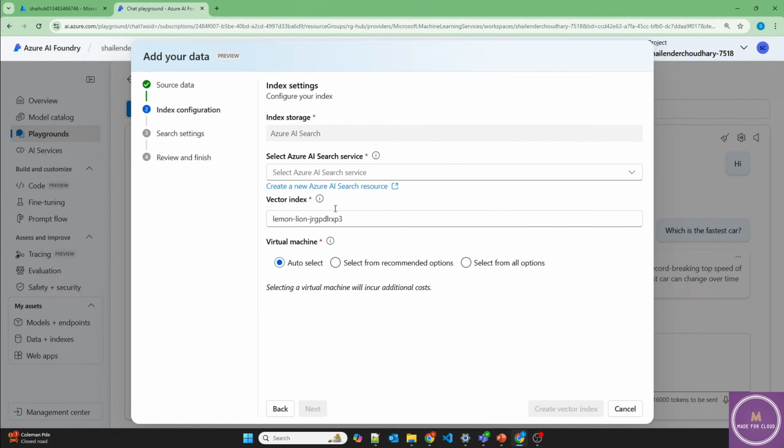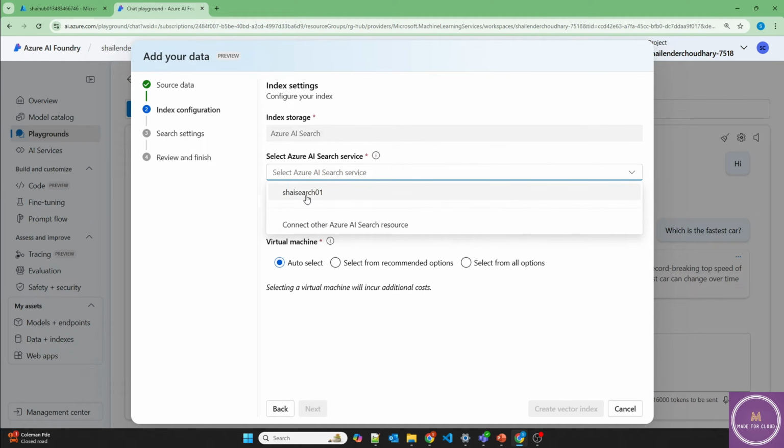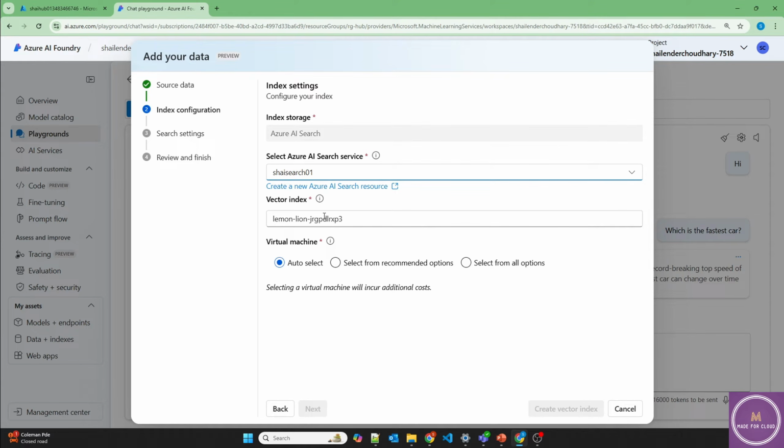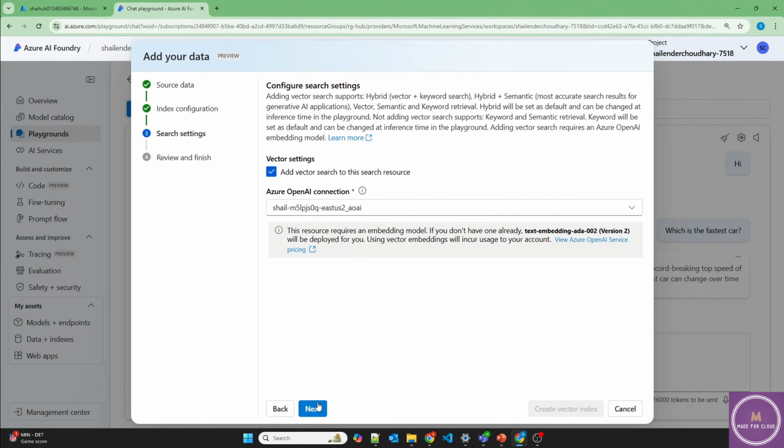So next, drop down to Azure AI Search Service and it will create a vector index with the name this. You can change it to any name, that's all good. So next, it will add the vector search here and it will use the Azure OpenAI connection. And next,